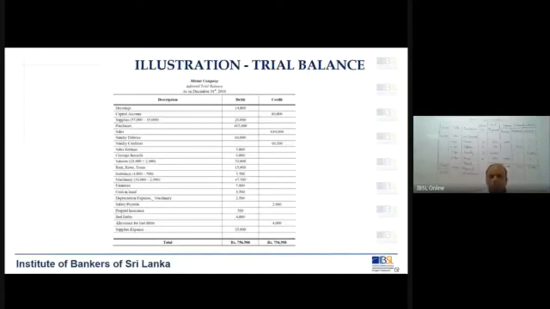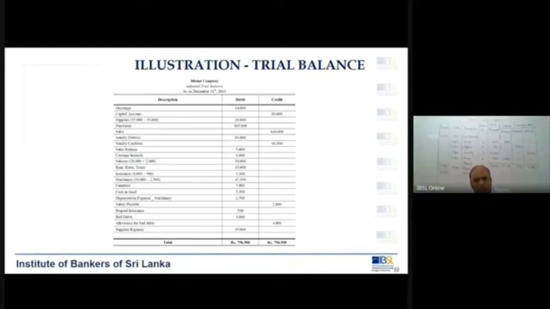And this is one such example where you can see, I think it is very small, but still you can manage to see it. This is a trial balance of a company as at a particular date. So what you see on the left side is all the accounts that they are maintaining. And you will have two columns called debit and credit. And depending on the closing balance of each account, they have put it into the respective columns.